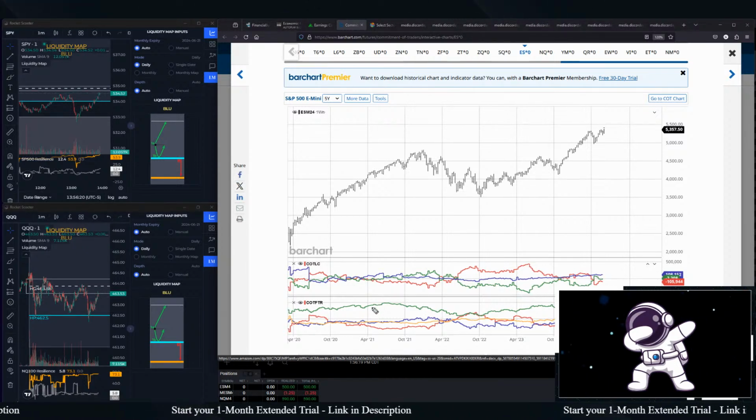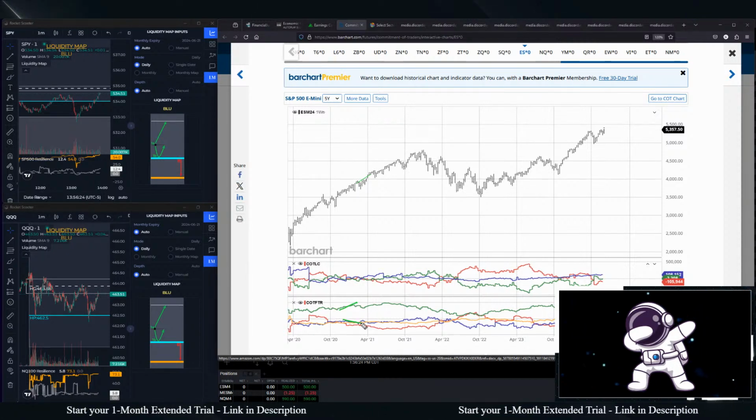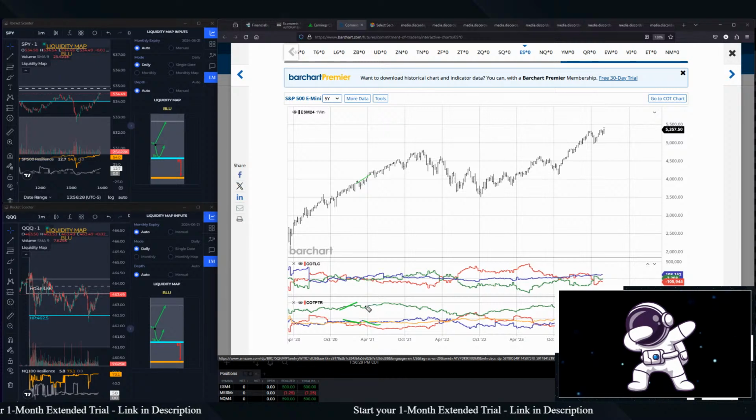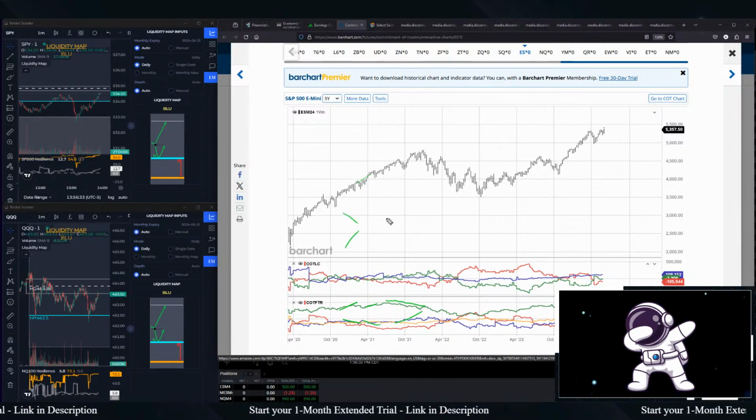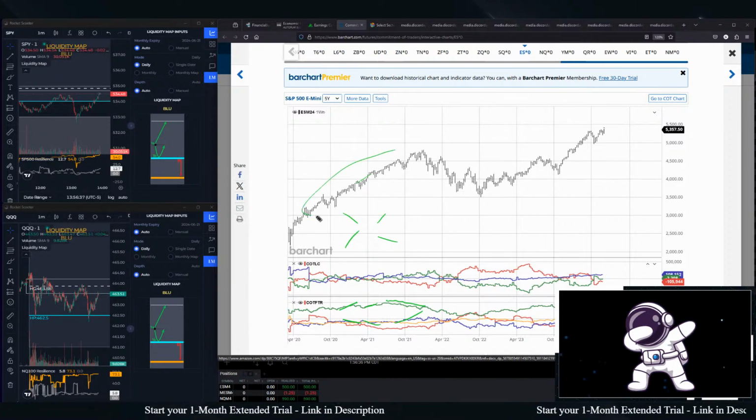Here's a good strong bull market. You have them fanning out. You have them fanning out. You have them pinching together. So anytime they're pointing away or pulling together, it's a bull market. And look at that strong bull market, right?